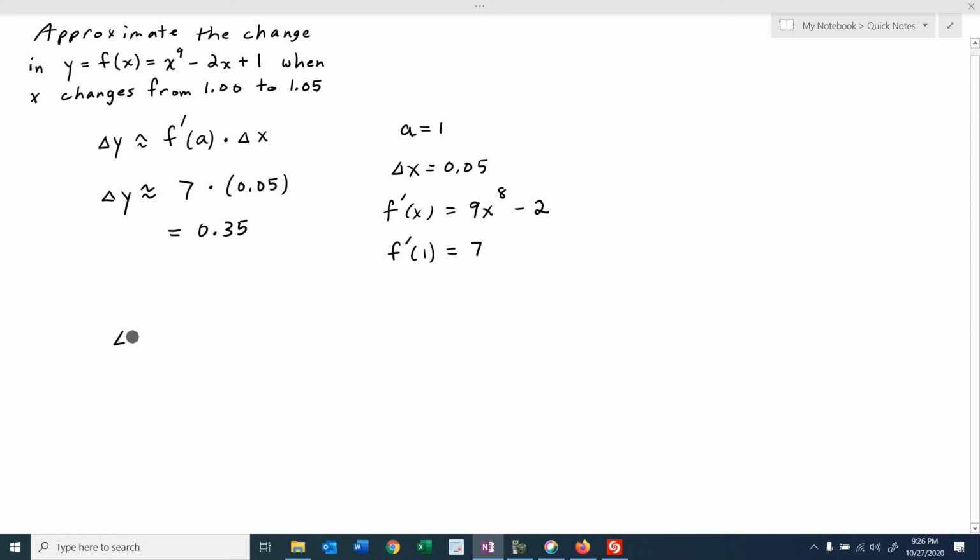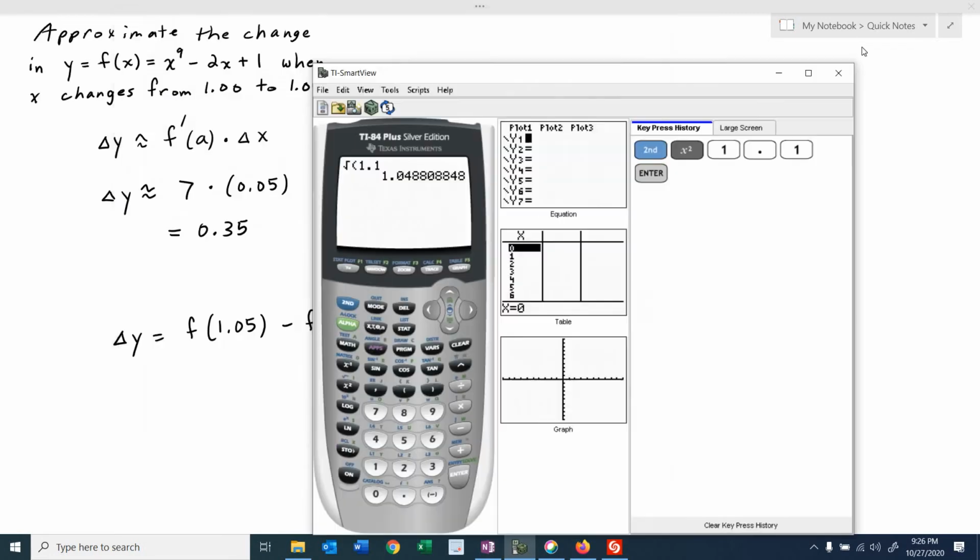Now, the actual change in the y value would be f evaluated at 1.05 minus f evaluated at 1. That's the actual change in the y value that occurs on this function. And our approximation for that using this formula is 0.35. Now, I just want to show you how good of an approximation this is. So if you go to your calculator,